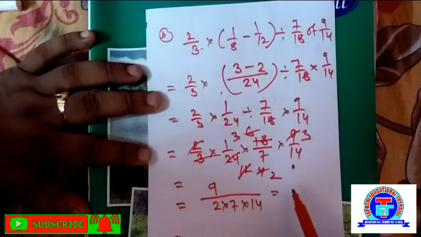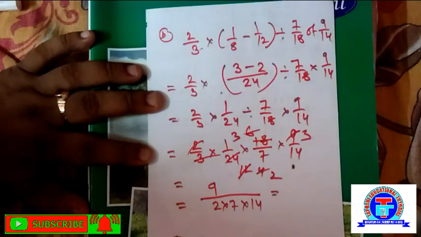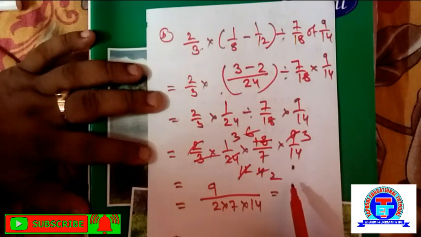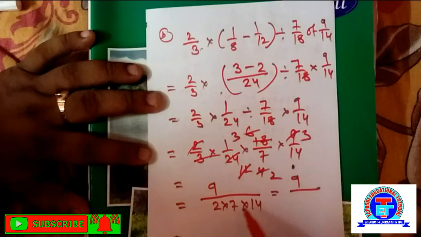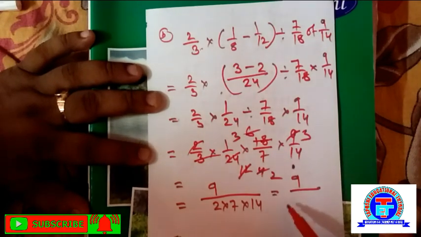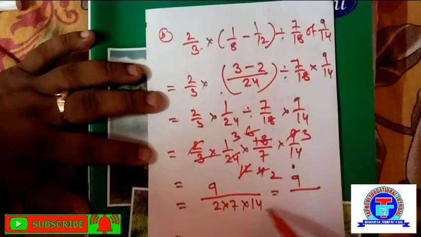That means it will become, the problem will become, we write here, 9 by this one 14 and this one 28, 14 and 14. Okay,